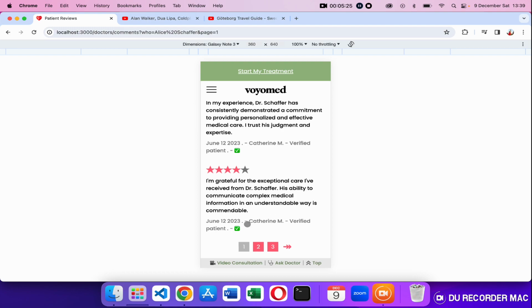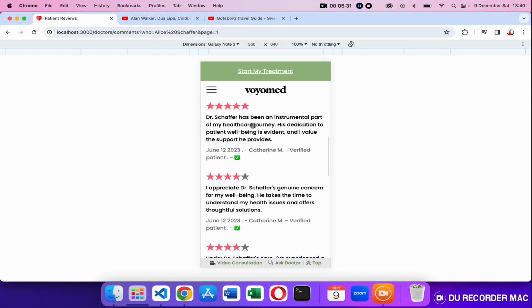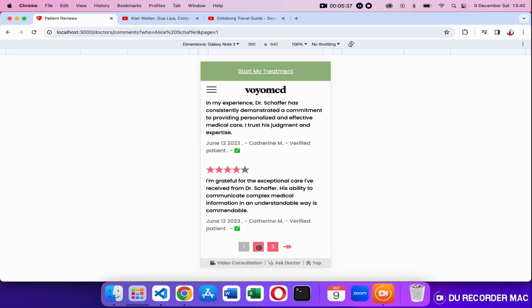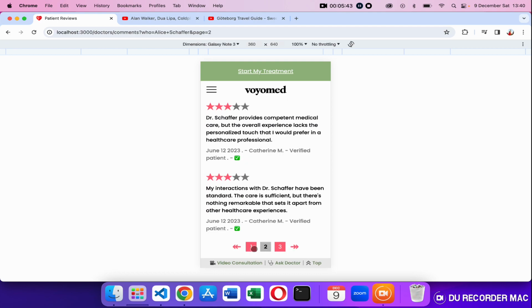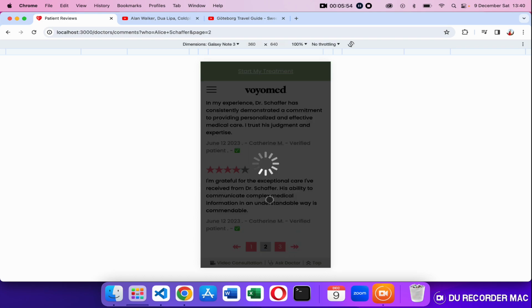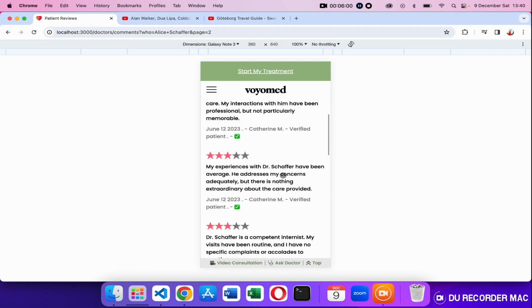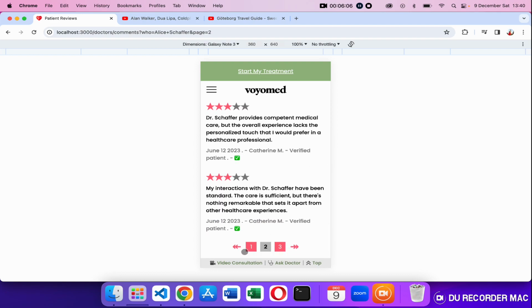Let's just see this pagination in action. Let's say for the time being, we are seeing the first slice from the doctor's reviews. This first slice consists of 10 reviews, and if I click on the second tab, I'll show it again, we have this loading screen just to make sure that the user gets something until we have the next slice. So I'll go to slice 2, and now as you can see in the address bar, it's page 2. Now we have the second 10 reviews from the doctor's page, and as you can see, as soon as